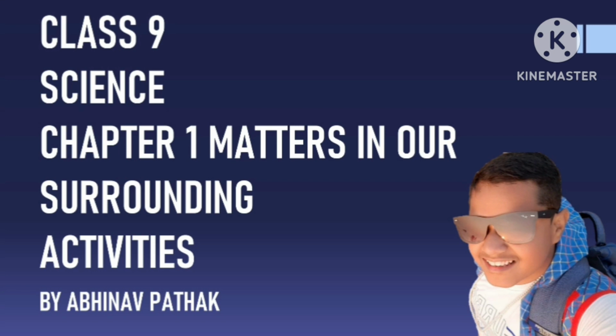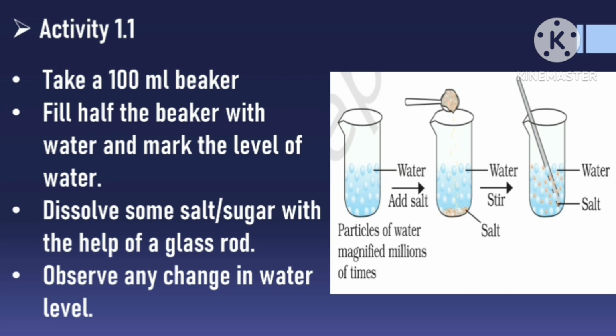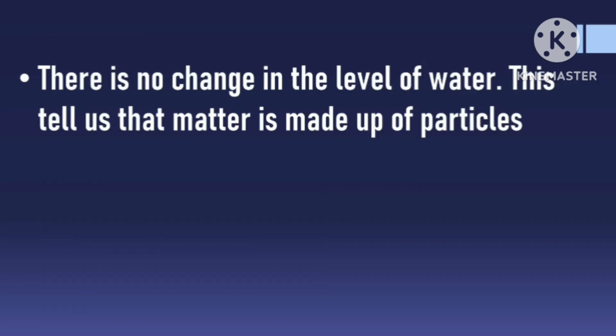So let's start. So guys, our first activity is take a 100 milliliter beaker. Fill half of the beaker with water and mark the level of water. Dissolve some salt or sugar with the help of a glass rod. Observe any change in water level. So guys, we can see that there is no change in water level. This tells us that matter is made up of tiny particles. Okay guys,